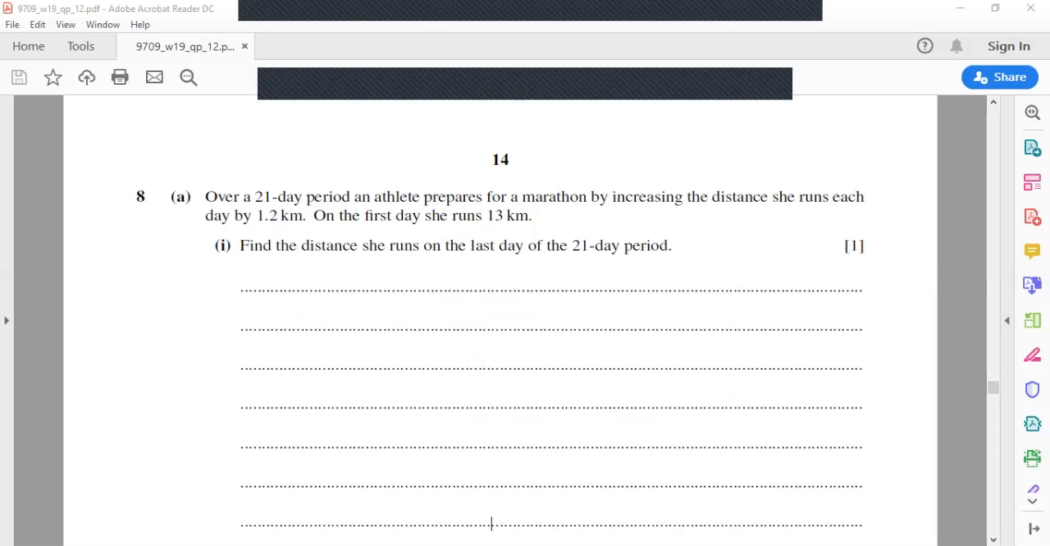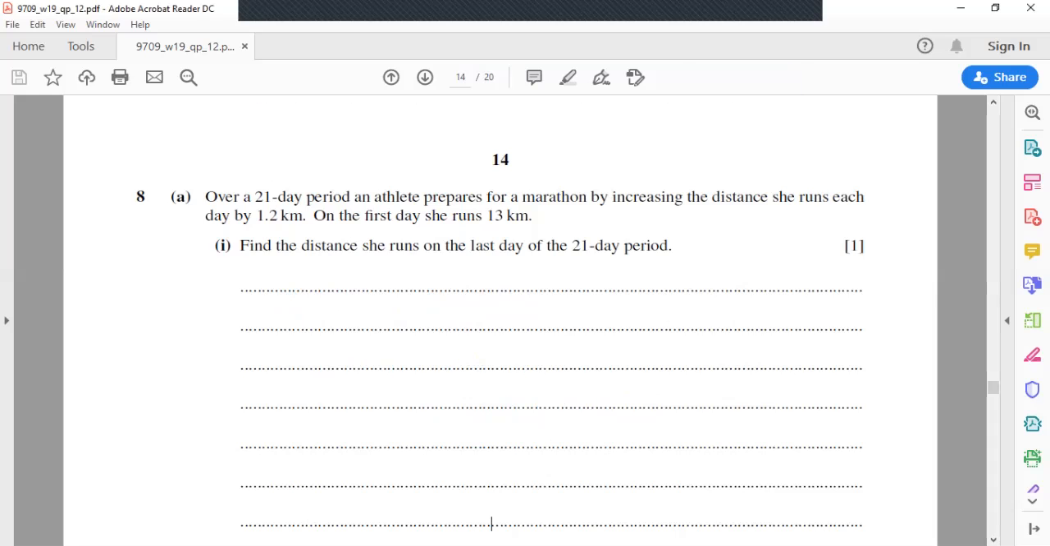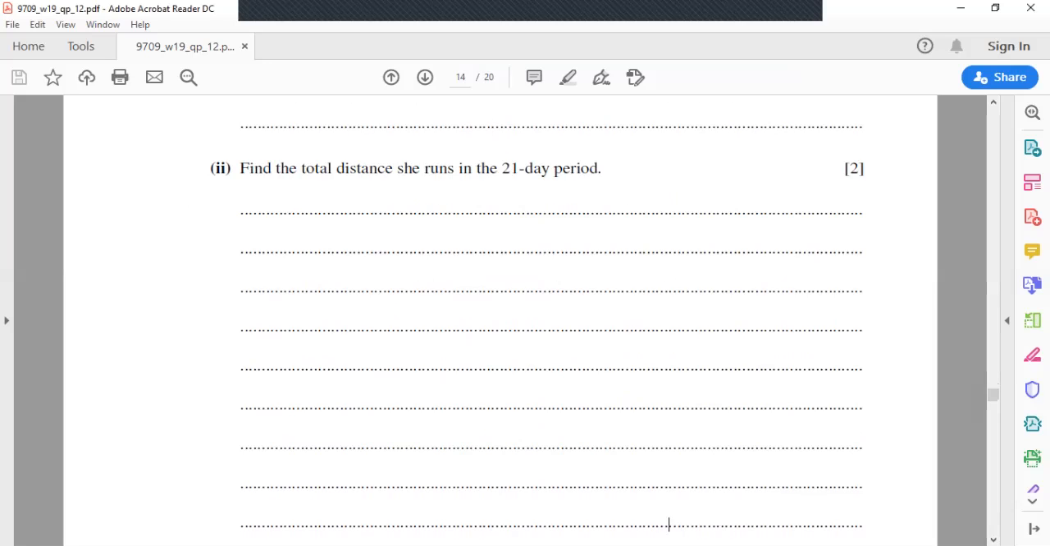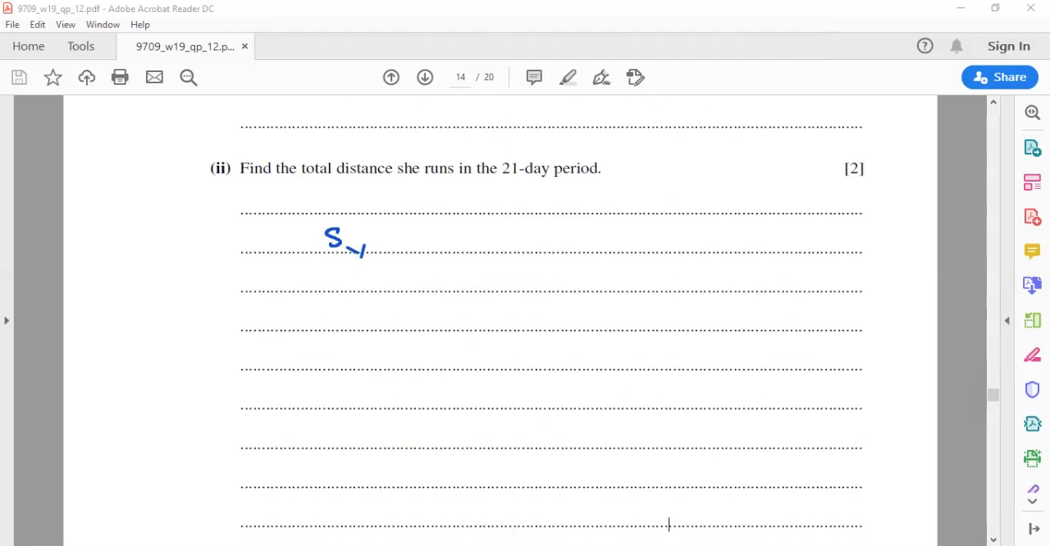Now if we go further, it says to find the total distance she runs. So it means we are going to find the sum of the 21 days, S21. It is n by 2, which is 21 by 2, times 2a, which is 2 times 13, plus n minus 1, 21 minus 1, which is 20, times d, which is 1.2. By placing this whole value in the calculator, we find that she runs 525 kilometers in all 21 days. Now, if we go for the next one,